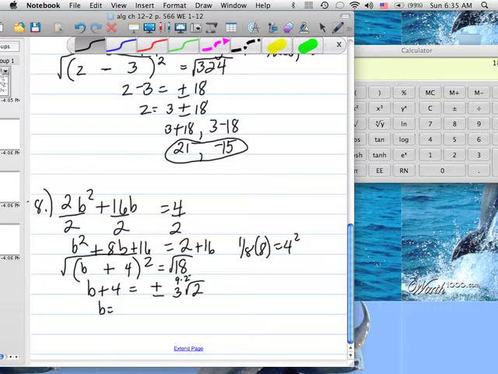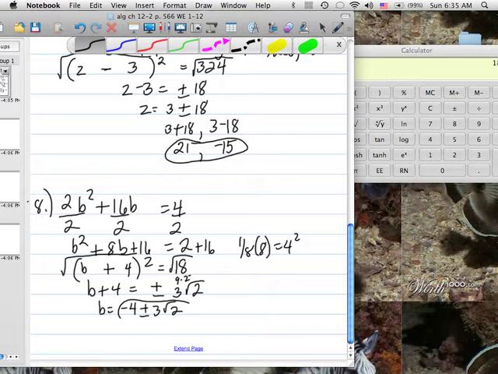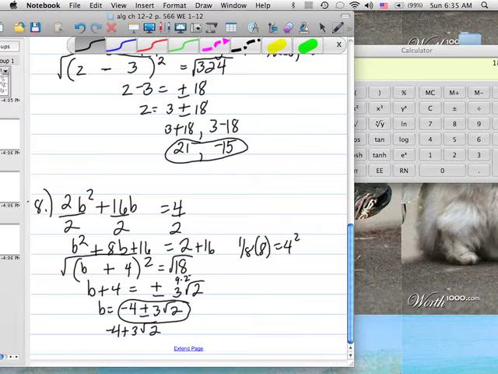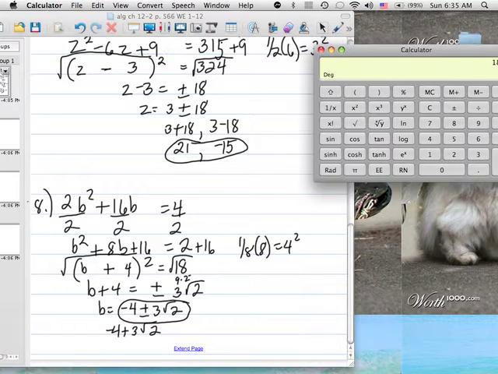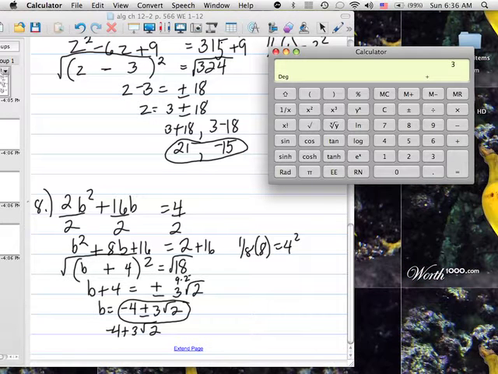Now I subtract 4 from both sides to get rid of the 4 here, so that's negative 4 plus or minus 3 radical 2. So on my calculator, I take negative 4 plus 3 radical 2, and that equals